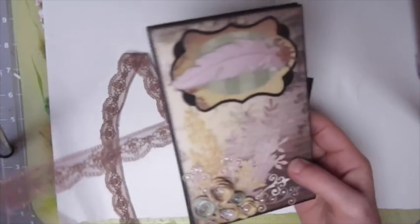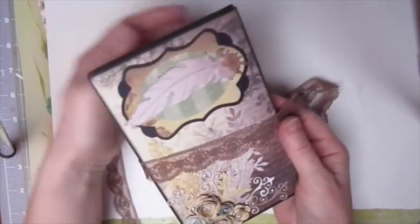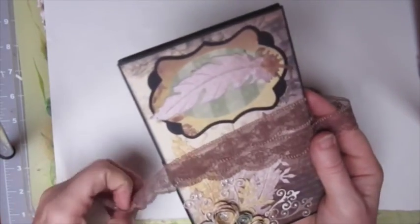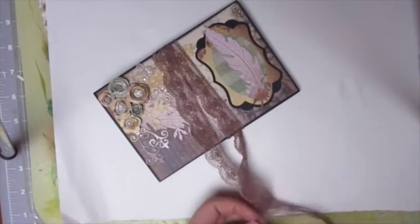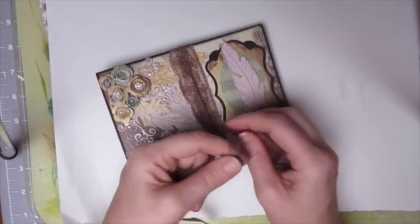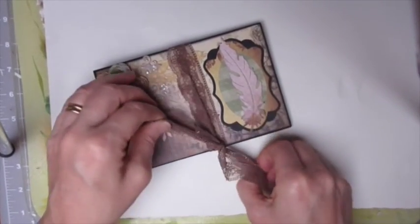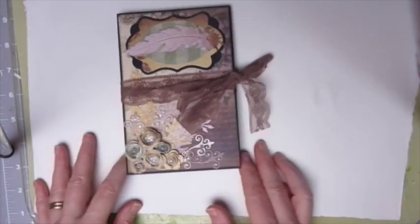Anyway, that's my 4x6 accordion fold album, and I hope you like it, and try one for yourself. They're great fun to make. If you have lots of design paper, they're great fun to make. You can actually use jelly print papers that you have, or anything like that. It doesn't have to be design paper. It's just made up really of what you want. So there you go. That's my finished